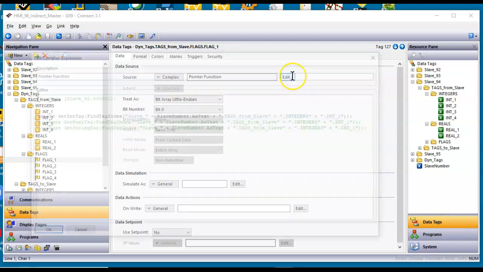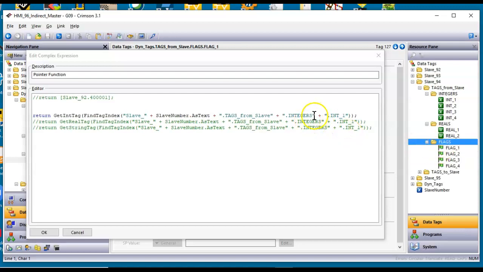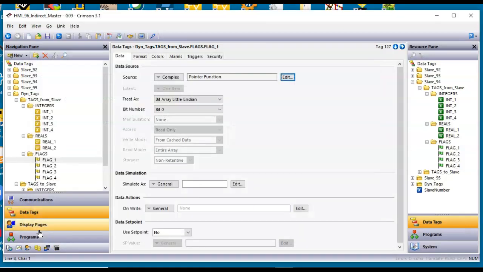Okay. Now, I need to change on this one that it's the flags folder, and it's going to be, what is it called over here? Flag_1. So let me change this here to be flags. Yep. And the last part of this is flag_1, right there. I think that all matches, flags. Yep, okay. So I'm going to click the OK button,